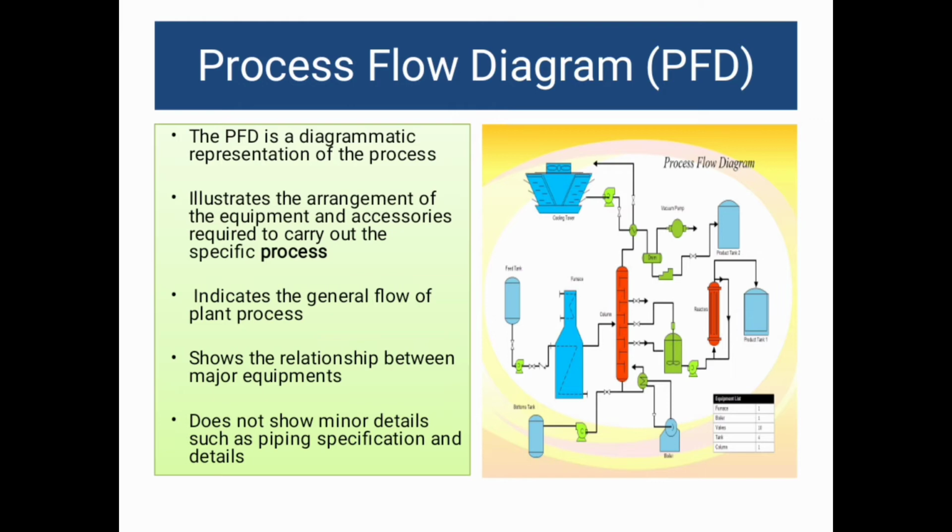So you have to memorize, you have to visualize that at the center of the plant one distillation column is there. Upstream, sorry, before the distillation column, a furnace is located. After the distillation column, one mixing tank is there. The distillation column starts at the ground floor and ends at the 8th floor. Then above the 8th floor, there is one cooling tower. Then next to the mixing tank, there is a reactor.